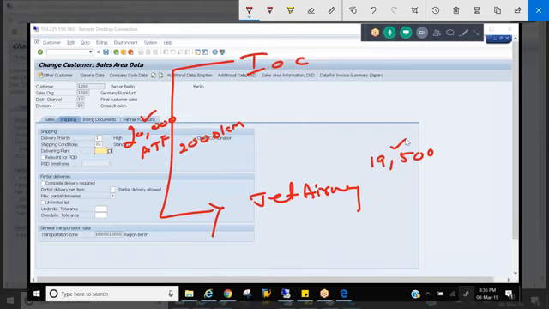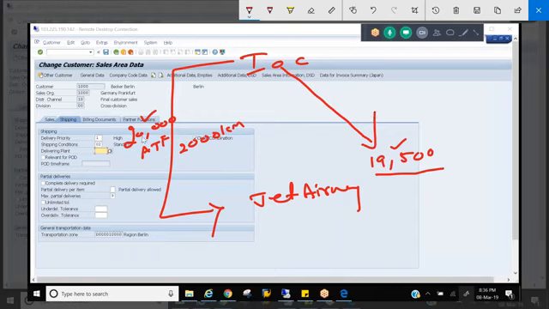Anyone? Quantity, 19,500. The customer received quantity. So how would a company know what quantity the customer received? Because they will provide the proof of delivery. Right. So that is the proof of delivery. Every business has its own mechanism of proof of delivery. With the proof of delivery, that would be updated to your company. So you are supposed to bill for whatever quantity the customer receives.